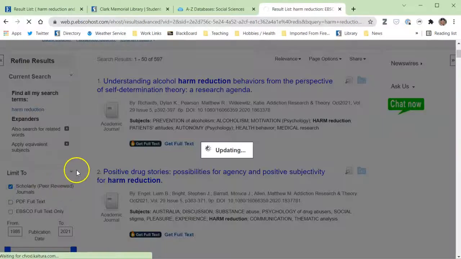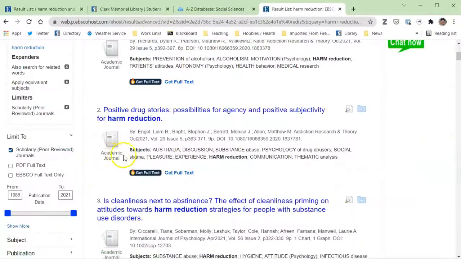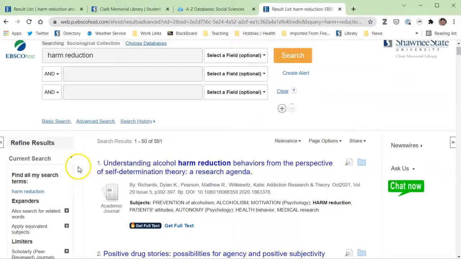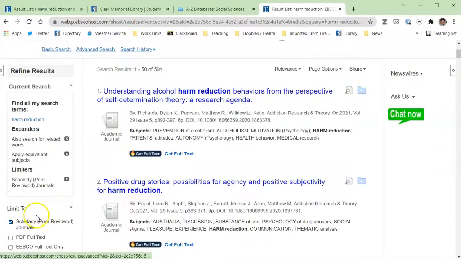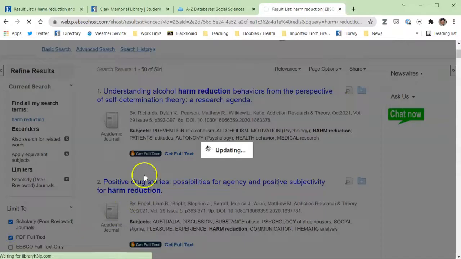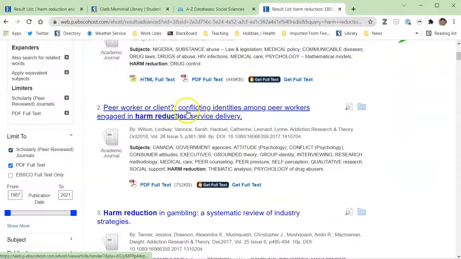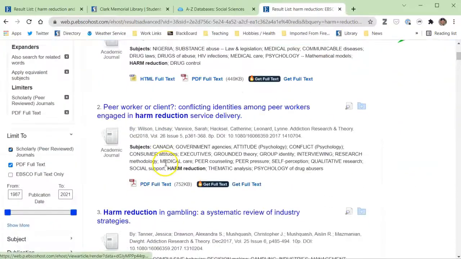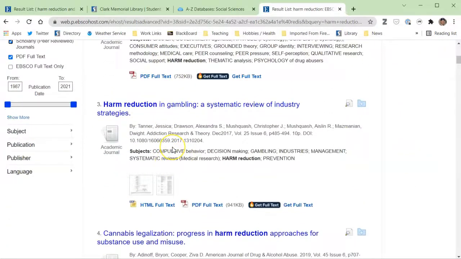So again, we can use some of the features that were also in the search field that we saw in the results in the Discovery Service. So I just want to look at scholarly articles, peer-reviewed journals. I want just full text. And now we're down to 270. Again, we're limiting things down. And if we limit things down further based on date,